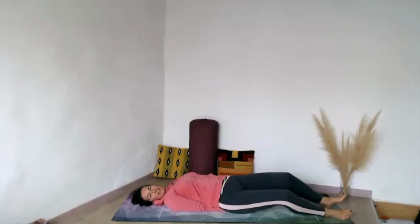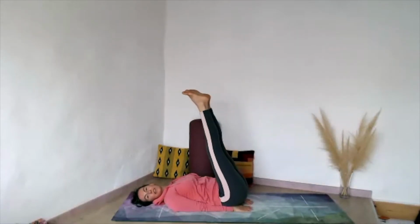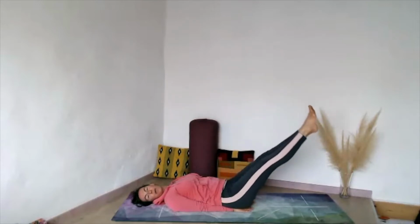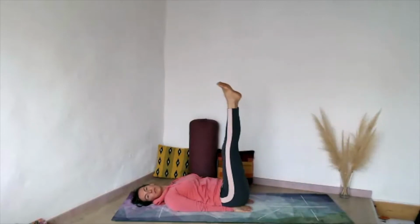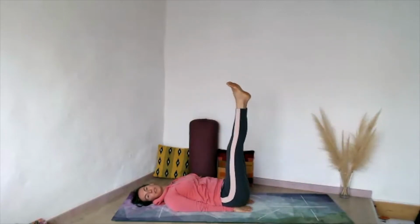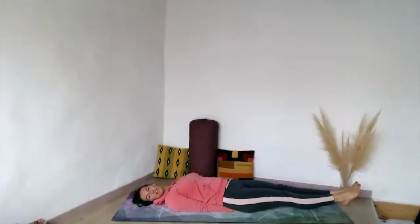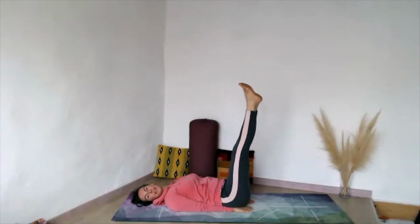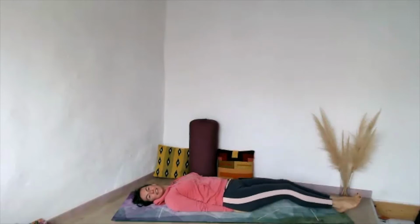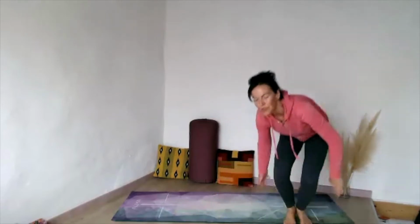time. So bringing the hands under the glutes to protect the lower back. You can lift the two legs. So you choose what feels better for your lower back, one by one or the two together. Important is that you keep moving with the breath as you inhale, lifting. As you exhale, bringing the legs down at your own pace. There's no rush, no need to go quickly, but keep controlling